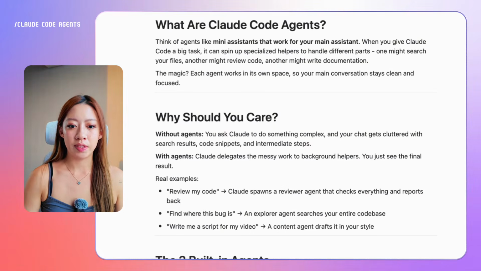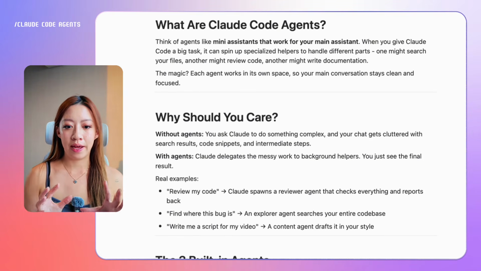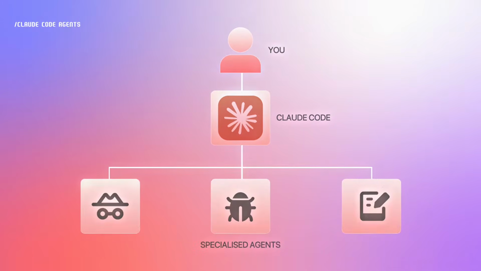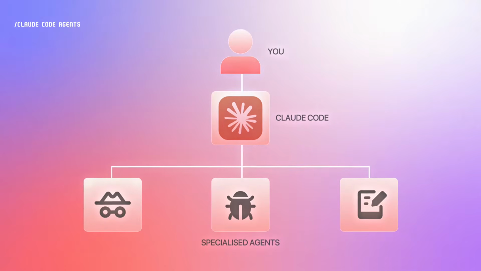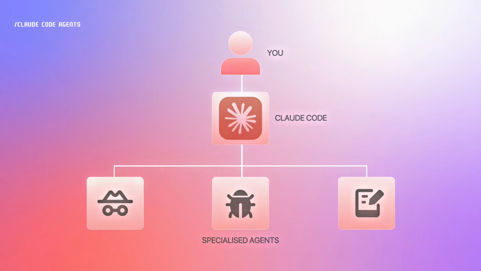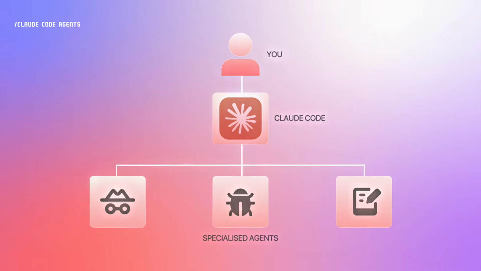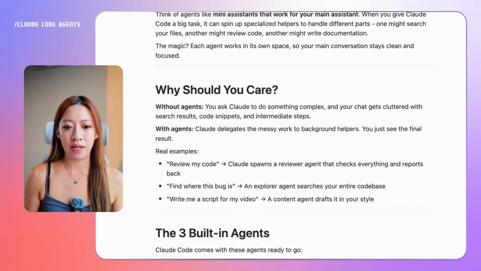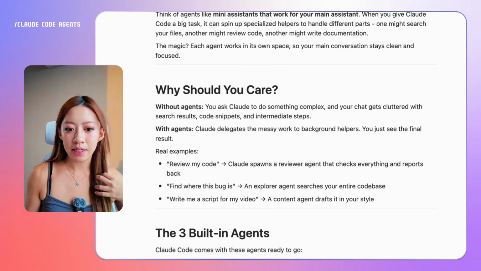Today I'll be teaching you how to set up your own agents in Claude Code. You can think of agents as mini assistants that can work for your main assistant. When you give Claude Code a big task, it can spin up specialized helpers to handle different parts. One might search your files, another might help you review your code, another can help you write your documentation, and vice versa. The magic is that every agent works in its own space,